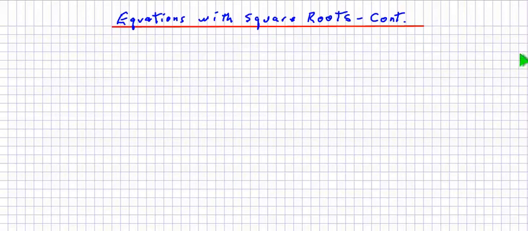Last week we looked at equations that had square roots, something like the square root of x plus 2 equals 4, and we squared both sides. However, today we're going to look at equations where the other side is not a number but a variable. We're going to use the same procedure, but the important thing to remember